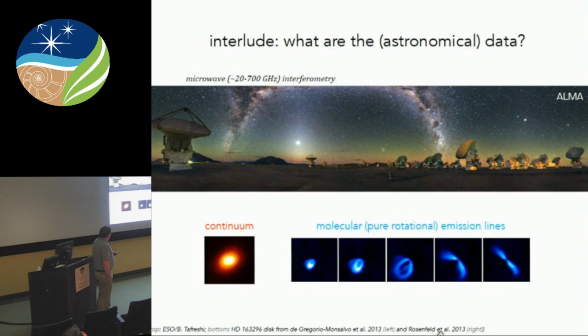And at the same time, as you'll see, with literally the same observation, you have access at very high spectral resolution to the pure rotational transitions of many different key molecules. This is carbon monoxide, and what you're seeing in each panel is a different set of projected velocities. So the changing pattern you're seeing is based on the rotation of the gas disk. You don't really need to know that from here. I'm going to talk purely about the integrated emission from these spectral lines, just to get you an idea of the distribution of the cold molecular gas.